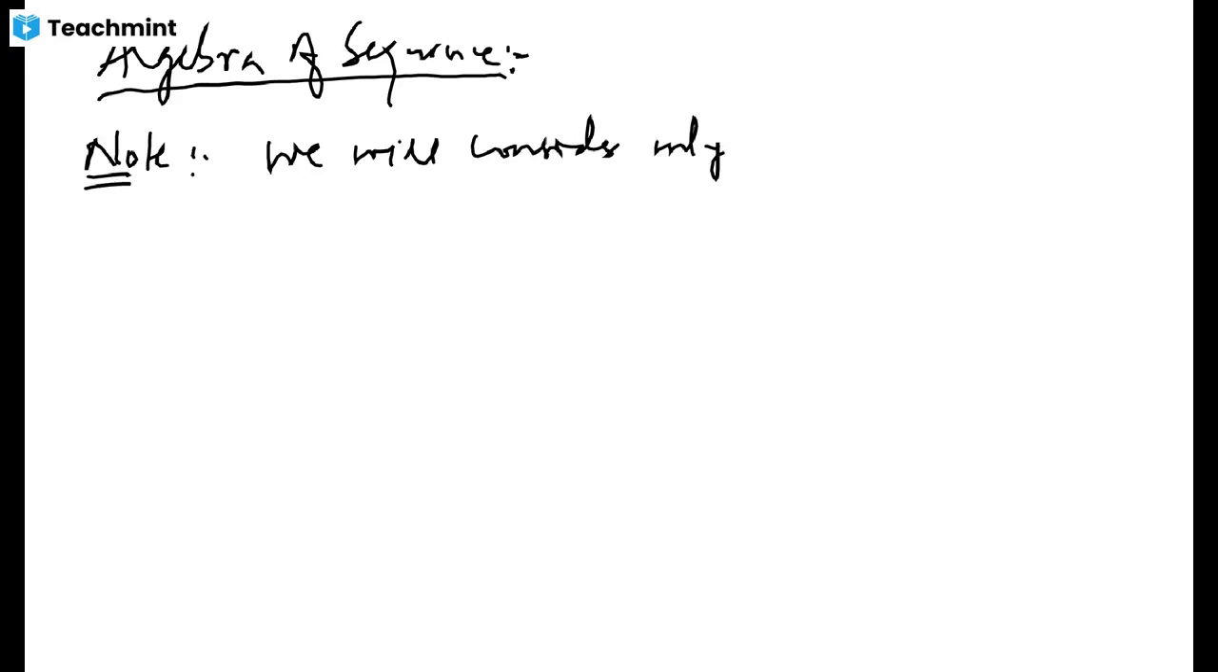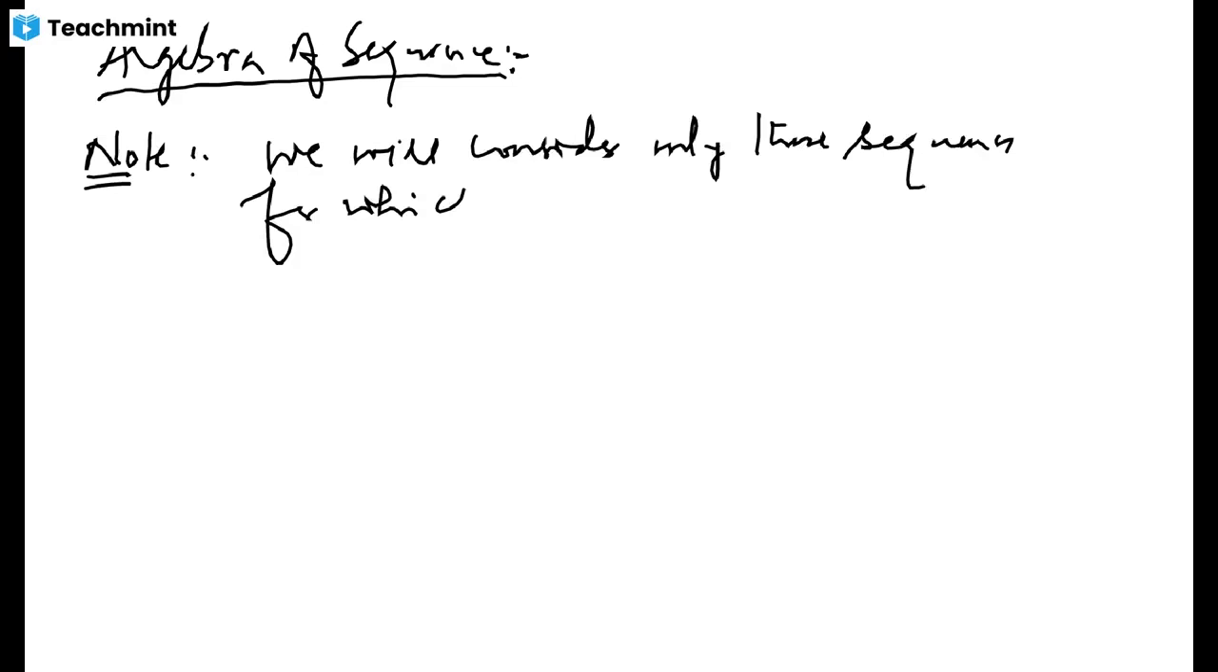Okay, let's now talk about a little bit of algebra of sequences and what we can do at the initial stage of the sequences. Let me write this to be algebra of sequences. It's not complete algebra, but I just have to define some kind of binary operations. But before that, I need to note here that we will consider only those sequences